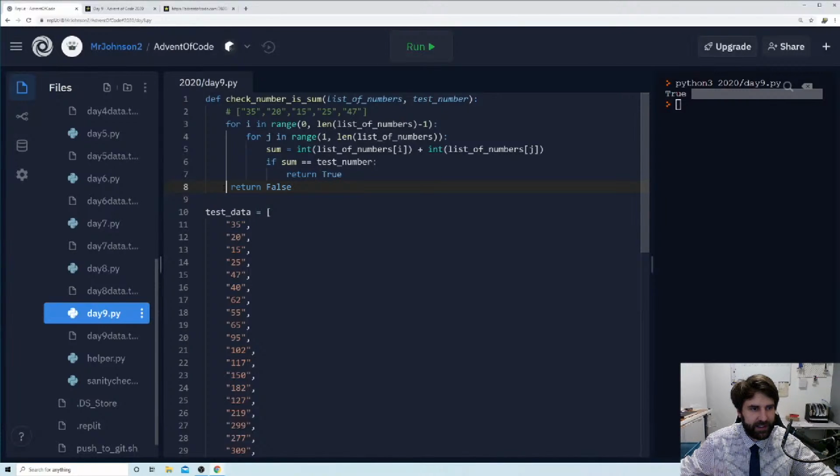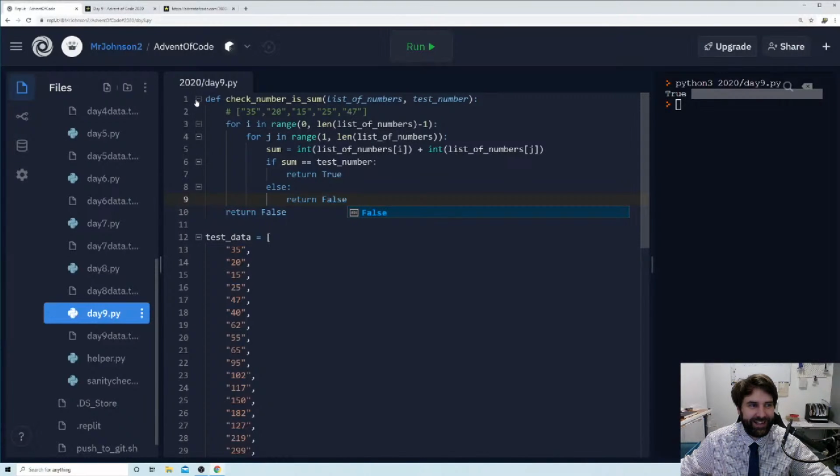That's interesting. Okay, so I'm going to keep this return false here just in case anything goes horribly wrong. But in here, I'm going to say else return, and what we need to know is the number. So I'm going to return a test number, I guess. No, I can just return false, because if it returns false, then I know that whatever the test number was, that's my number.